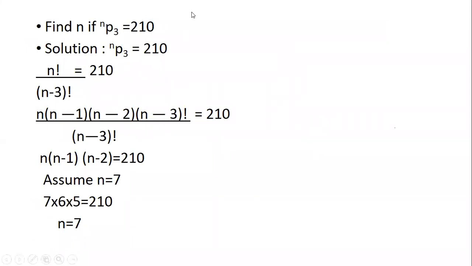So here you have nP3 is equal to 210. Now in this, have they defined what is n? Have they clearly told you what is n? Do you know what is n here? No. So we are supposed to find out what is n. And then you have r. Either one will be defined. In such problems, either n or r, one of them will be defined. So n is not given to us, but r is given to us, which is nothing but 3.